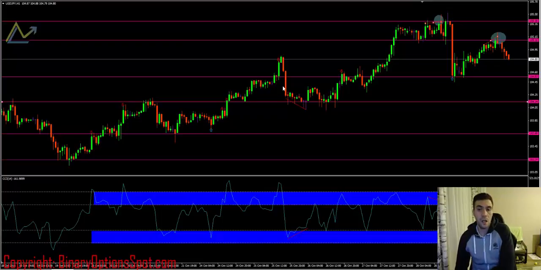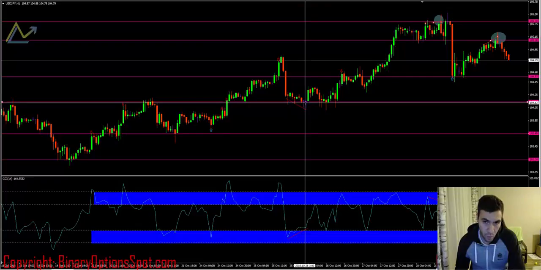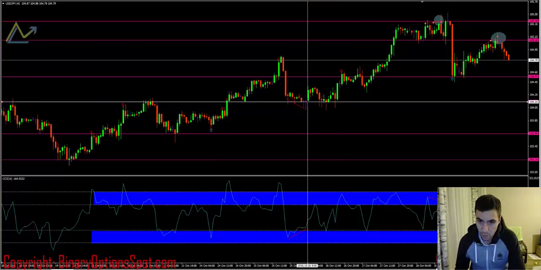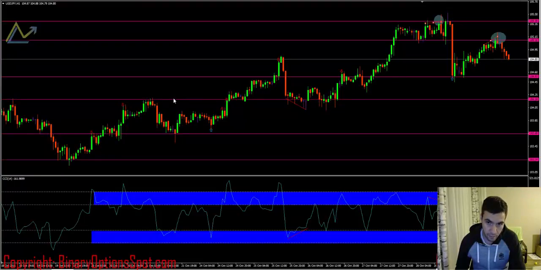So in this case we see the divergence, and if we enter anywhere here on this strong support, we have many touches, and here it is acting like a resistance. Here we have a support,